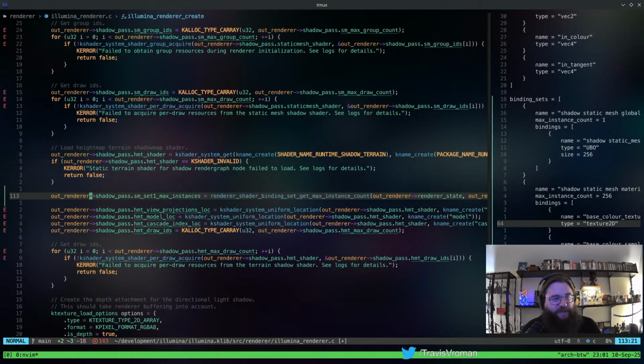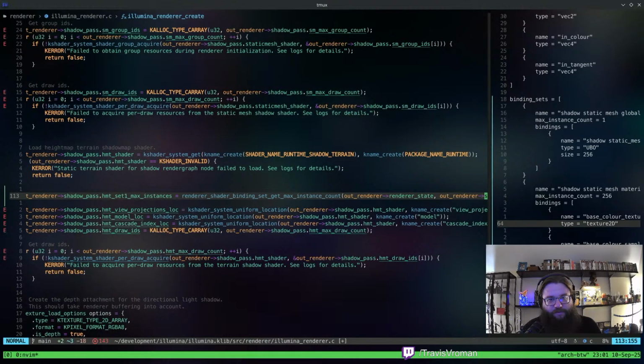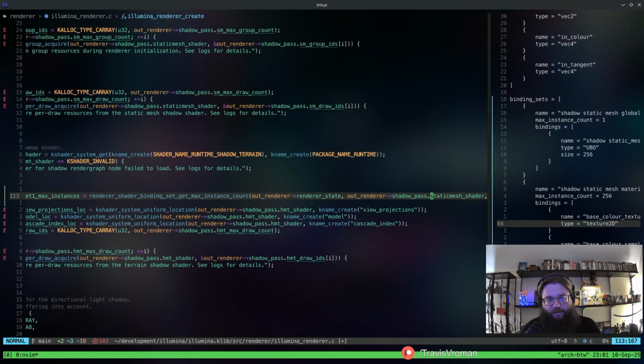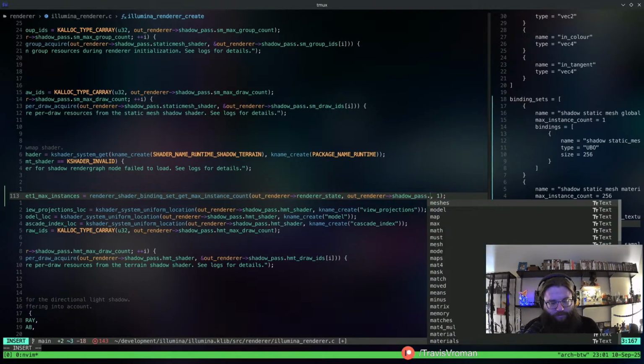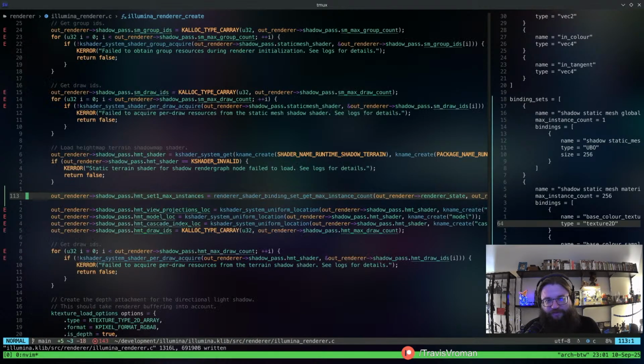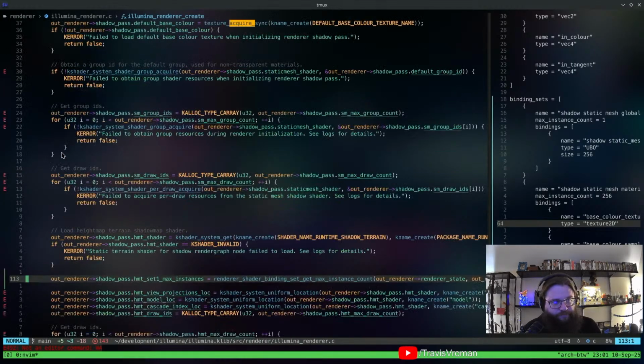Right, so this is going to be HMT, and then we just need to do HMT shader, right? We still have to convert that one, but there you have it.